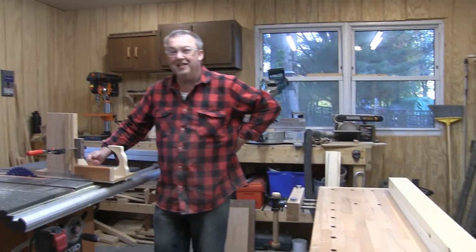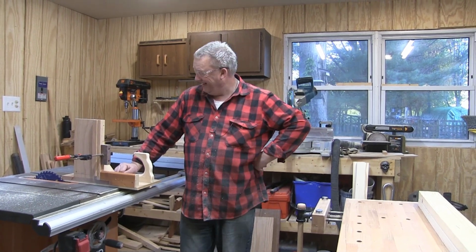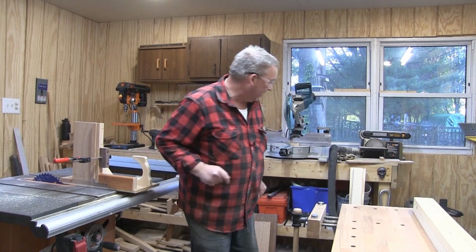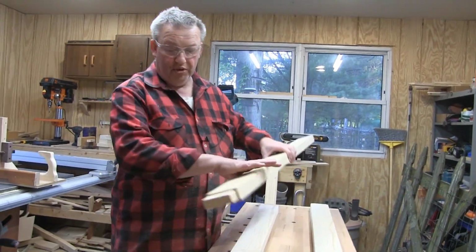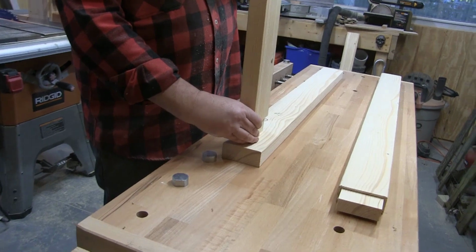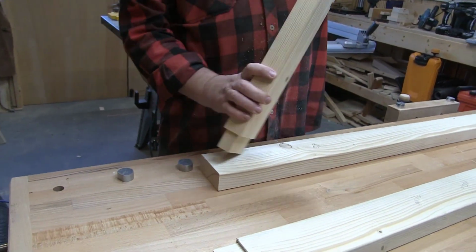So, spent the afternoon making a jig to do that, but it worked. You know, I was trying to do it with a bandsaw, but the blade's not so great on that, and it wouldn't cut straight. Now the idea is, next what we're going to do is I'm going to chop out a mortise with this. So it's going to look something like this. We place that on the gate like that. And it's going to be offset to the side, and I've got to cut a 1 inch by